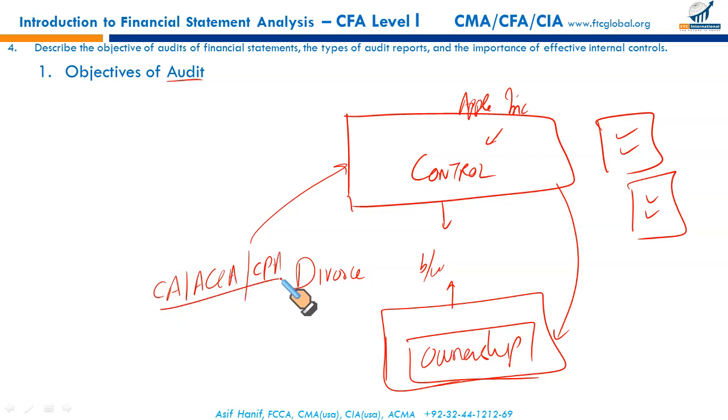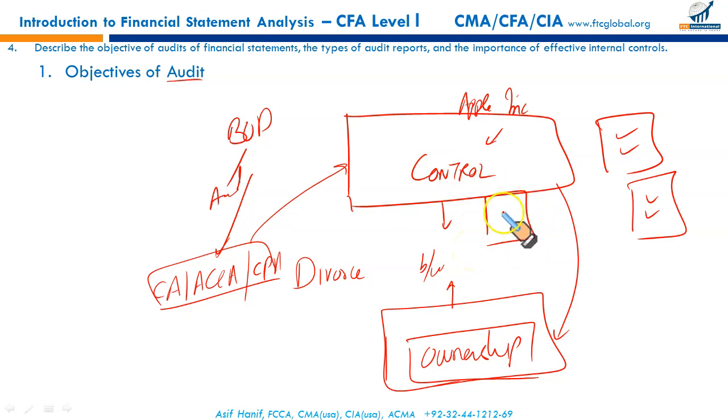Qualified accountants, professional accountants, in the US CPA firms, they are the ones appointed by the board of directors, specifically the audit committee. Audit committee will appoint the audit firm, and this audit firm will conduct an audit to assess whether the financial statements are giving a true and fair view. They have been prepared in accordance with the GAAP. Once the audit firm, the auditors certify through an audit opinion that the financial statements are free from material errors, they give true and fair view, and they are prepared in accordance with the US GAAP, then